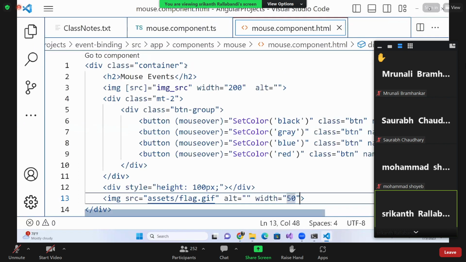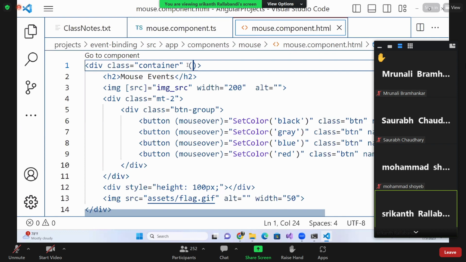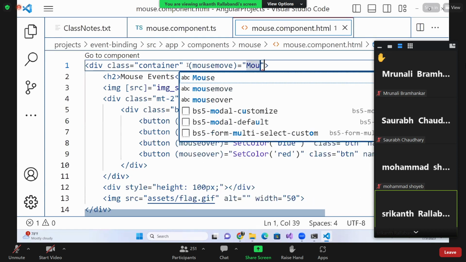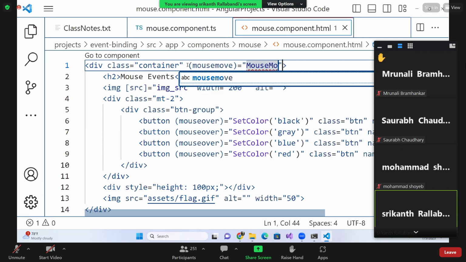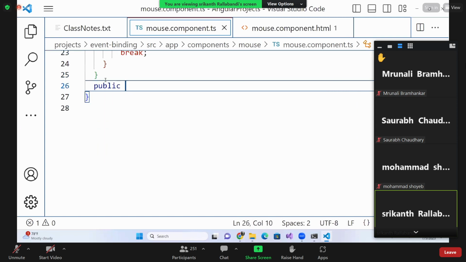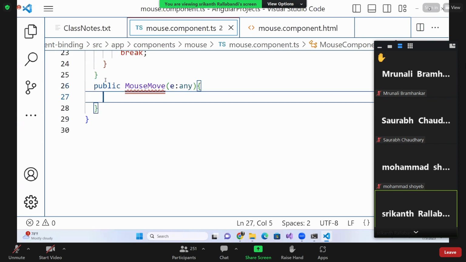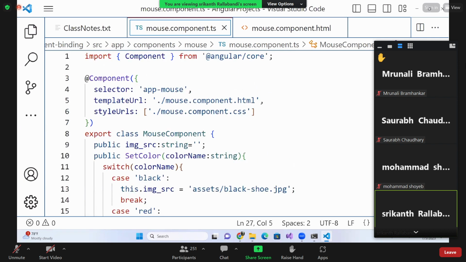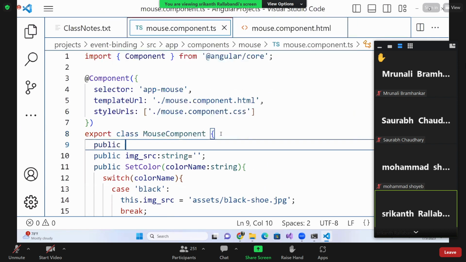For that, we have an event, mousemove, that is available. For this one, you can write any event handler, mouseMove, and at the same time I'm going to pass $event. Then I'll create a new function here, public mouseMove, with the parameter of type any, and I want to apply some style object for this one. That means, let's say, public